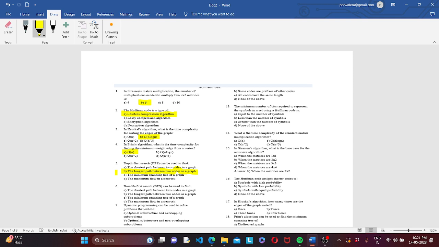So BFS, question number 6, BFS. So the answer for question number 6 would be A, which is the shortest path between the two nodes in the graph, which is the BFS algorithm. Using the BFS algorithm, we can do so. Now question number 7 is